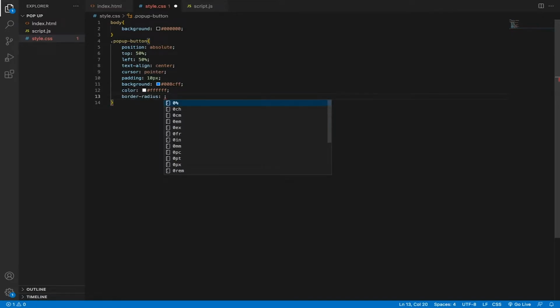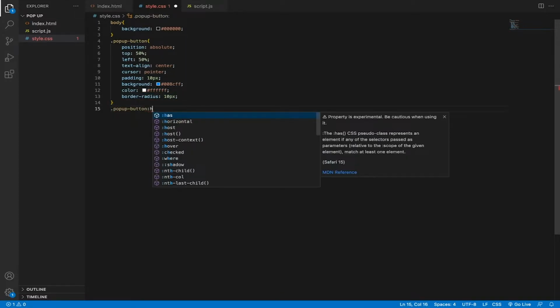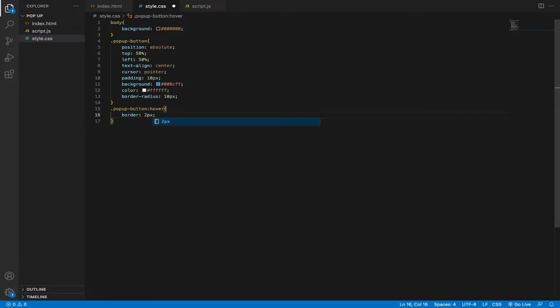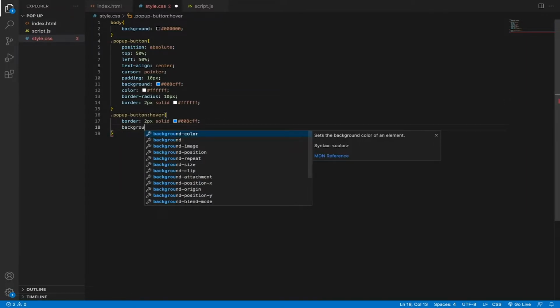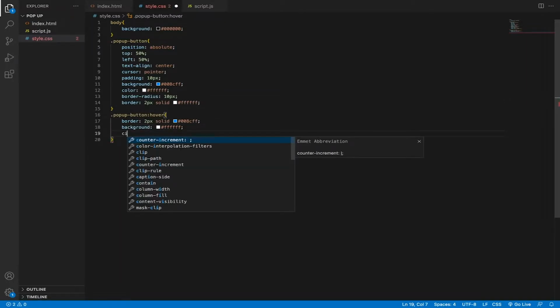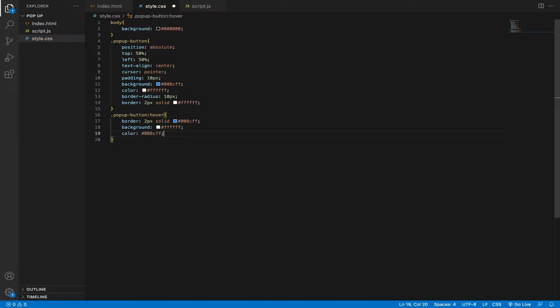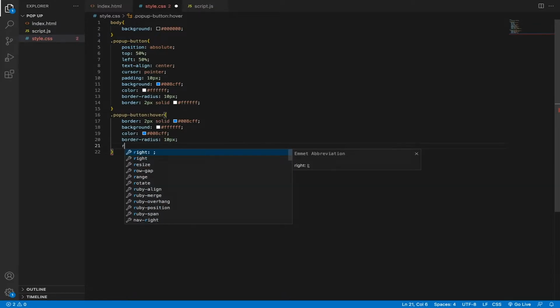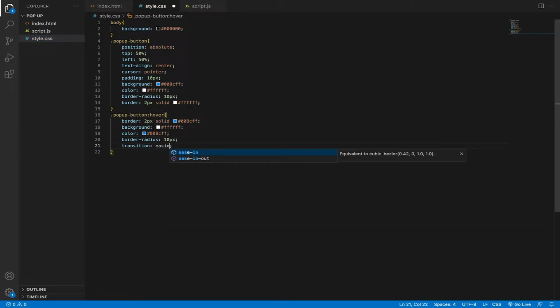I gave the background of the button a blue color, then the color of the text in the button, the click here text, a white color. Then I gave it a border radius of 10 pixels, then a border of 2 pixels solid, and a white border as well. I used the hover element to give it a kind of hover transition,